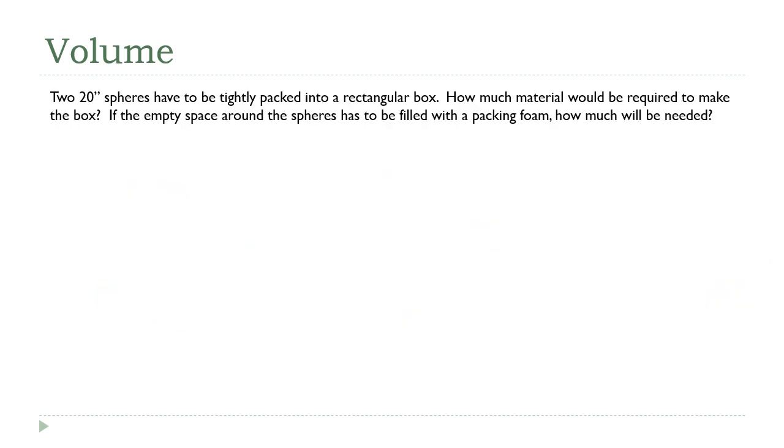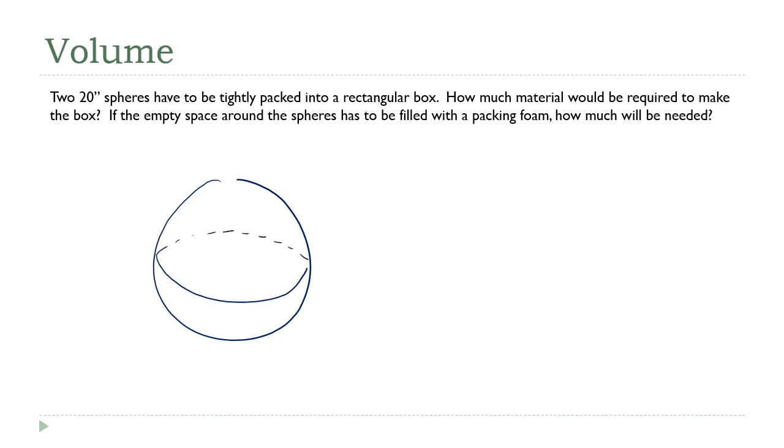So this question is a little trickier because it really is going to force us to draw a three-dimensional diagram if we want to get a picture of what's happening here. So the problem says we have two 20-inch spheres. Since it didn't give any more specific information, if it just says a 20-inch sphere, that means the sphere's diameter, not the radius. So we've got one there, well, that's not too bad, and one there,